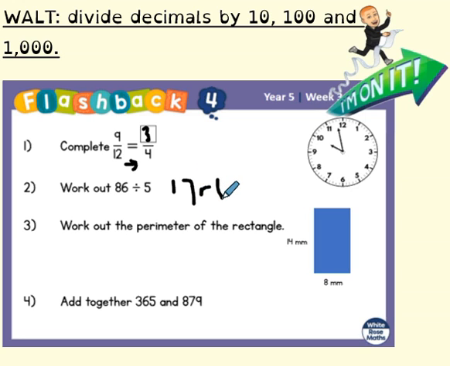Question 3, work out the perimeter of the rectangle. So we know, if we're looking at perimeter, we know the whole distance around the outside. Opposing lines in a rectangle are equivalent. So if this is 14, this must be 14. If this is 8, this is 8. 14 add 14 is 28. 8 add 8 is 16. Add the two together would give me a perimeter of 44